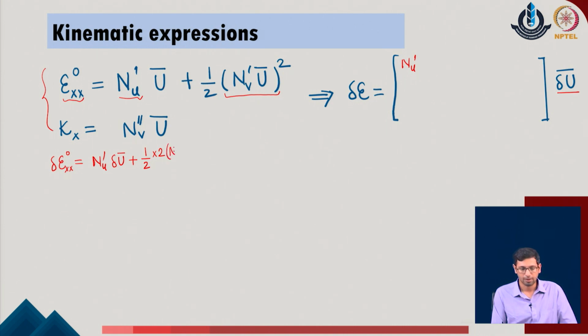So, it comes out as 2 times nv prime u bar, and then I will take the variation in the given system, and that variation will bring the nv prime in the same manner, as it is appearing there, into the variation on the u, which is del of u bar. So, you can just consider that I have taken some function like x square, and if I now take the derivative on that, it will come out as 2 times x into dx. So, this way I have expressed the overall system, which was made up of 2 parts, where nv prime was not undergoing the variation, whereas u bar was undergoing the variation.